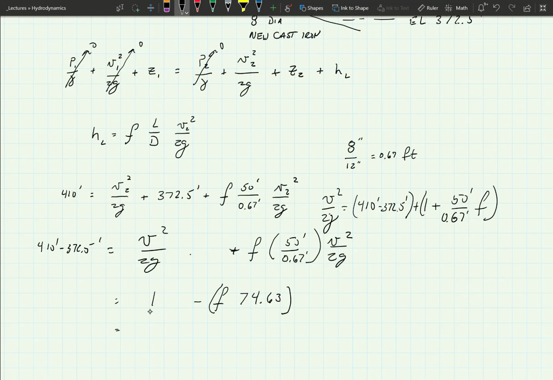I'll take out the V² over 2g and multiply it times 1 plus that. And that leaves me 37.5 feet. And if we take V² over 2g equal to